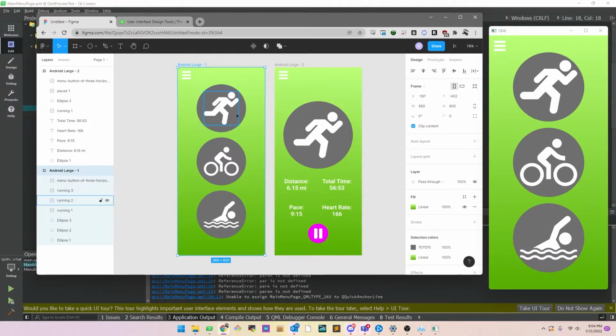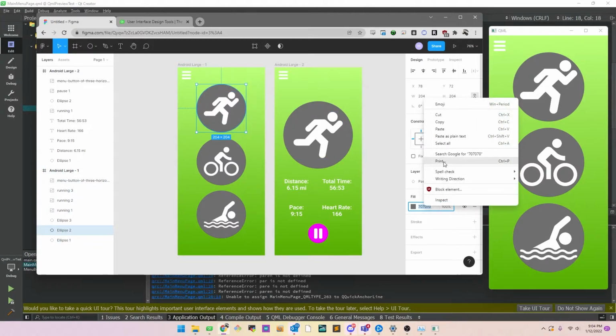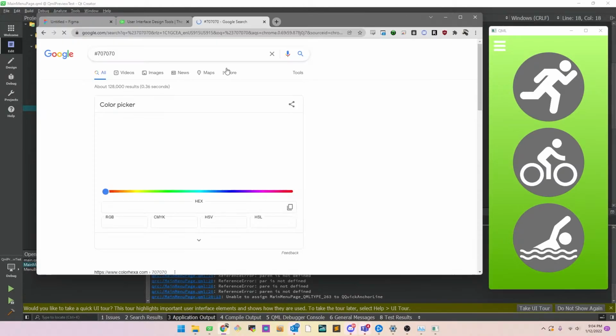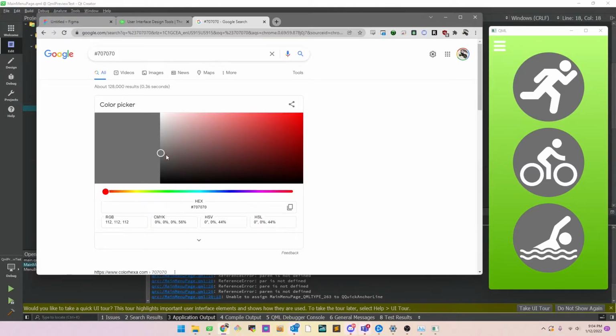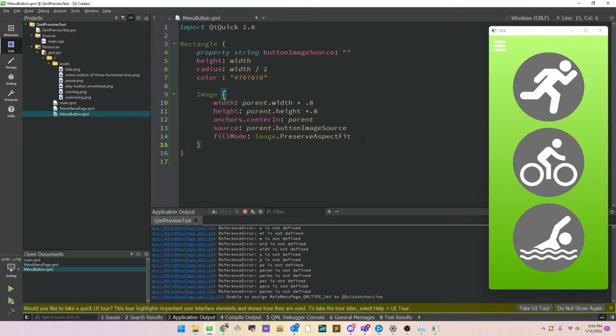What I like to do is when a user clicks a button, I like to make the button darker. So how I like to do that is I'll grab the color, I'll copy it, and then I'll just enter it into Google. And that will open up this color picker here. Then I'll drag the picker down slightly, grab the new color, and this will be a darker shade. So now I can go back to the menu button and let's add a mouse area,